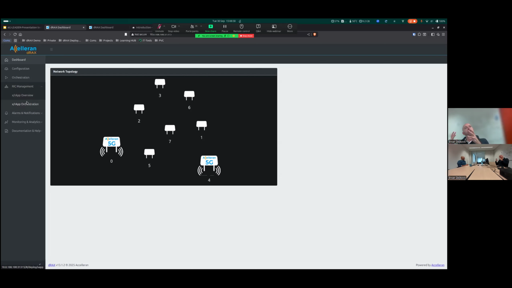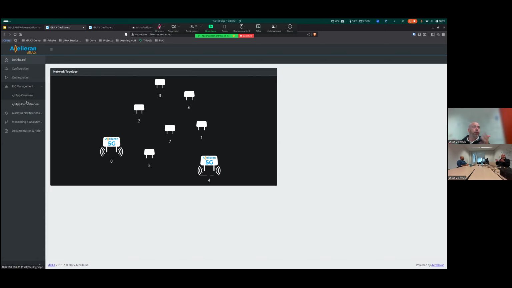With developing xApps, one of the key features that we have is this xApp development environment. This is a one-click install environment that gets deployed alongside your dRAX. It has a working xApp with all the prerequisites installed, already hooked into the system, registered, with all the connections and authentications done. You basically get exposed to a template, a working xApp that you can modify and start programming to develop your own use case. So that's always our first thing to do, to deploy our own development environment from here.